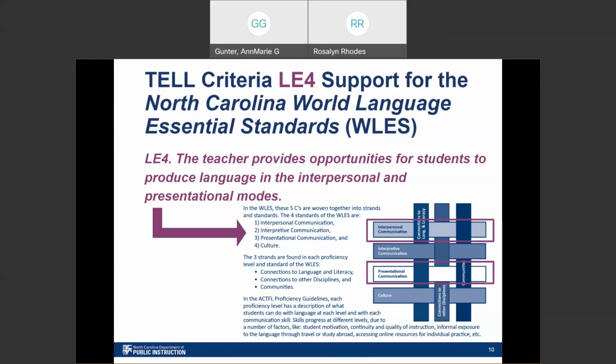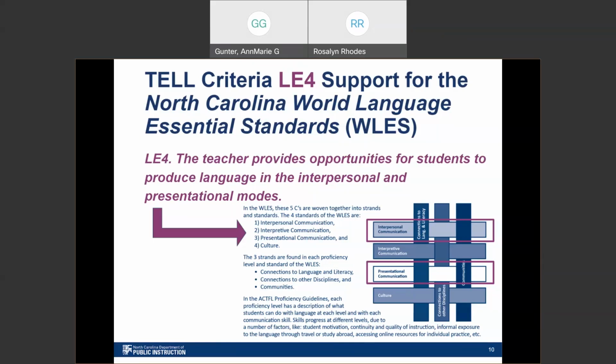Interpersonal communication, which is that informal communication usually done in speaking or sometimes texting, is standard number 1. And then standard number 3 is similar, but it's presentational communication, where you have formal speaking where you can rehearse what you're going to say, like to give a presentation, or writing, where you might draft something and then get feedback and so forth and make it better. So interpersonal is very spontaneous. There's no time really for correction, but there is time to ask clarifying questions if you don't understand something with the person you're talking to or texting with.